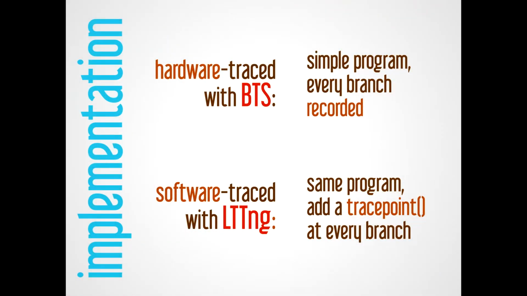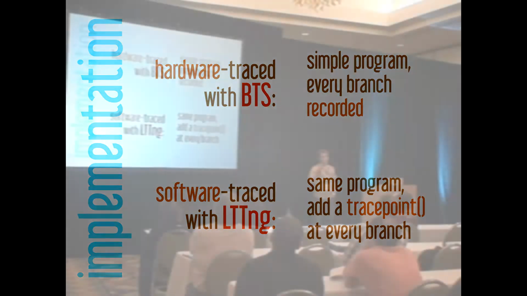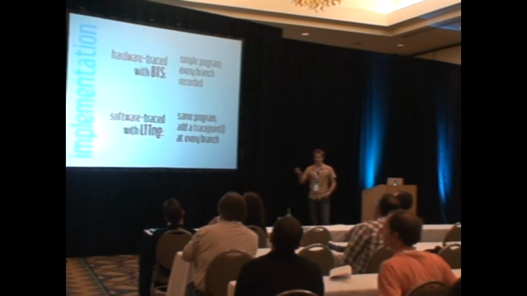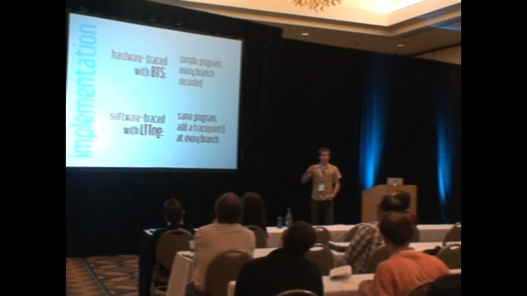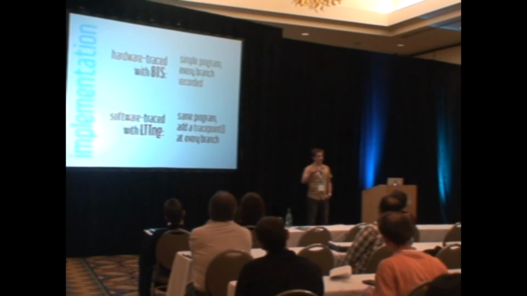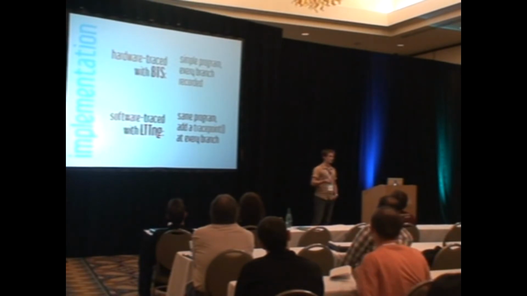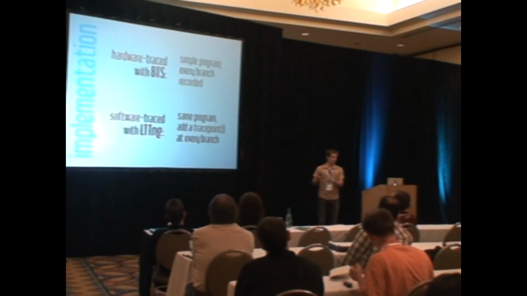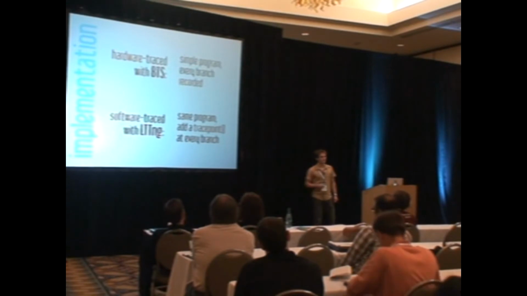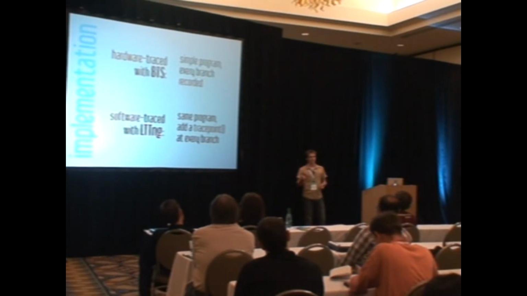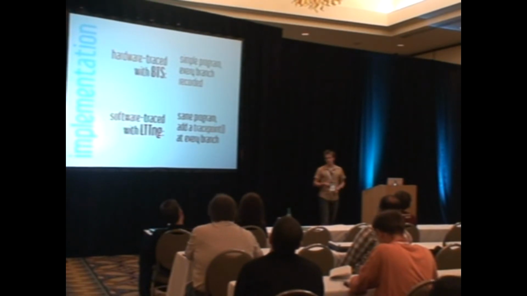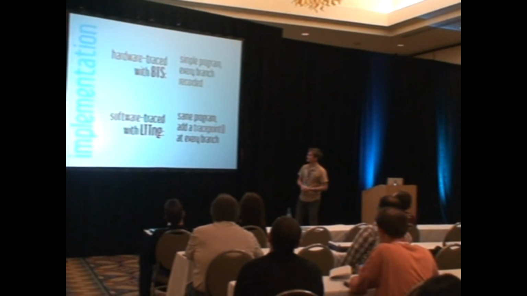So to answer this question, we did a test. This test is just a loop that we are going to trace in one case by hardware with BTS and in the other case with LTTng. If you trace this loop with BTS, at the end of the loop there's a branch to go back to the beginning, and this branch will be traced. With the LTTng traced program, we just add the trace point before the branch. So we have two programs, one traced with hardware, the other with software. We have the same number of trace points recorded. The program does basically the same thing. That is to say nothing, but at least we are going to compare